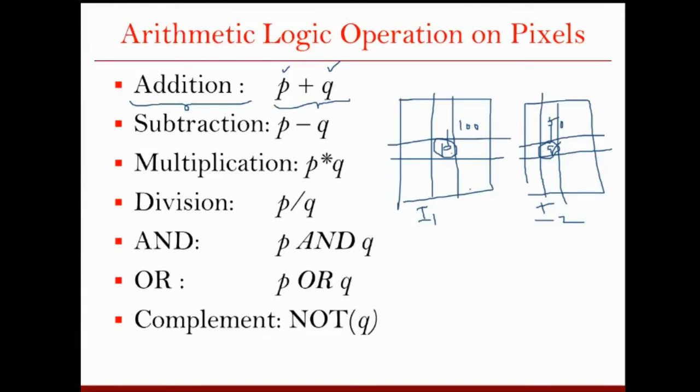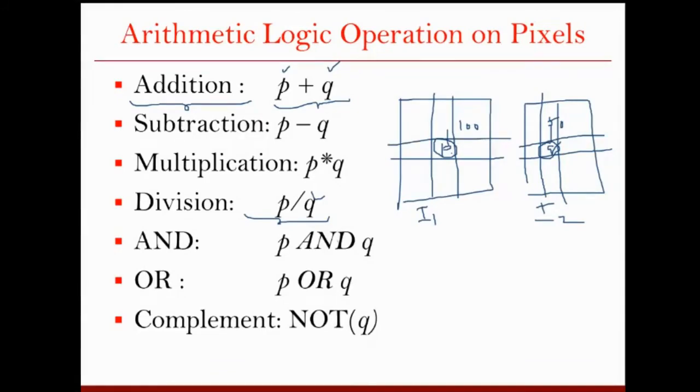Similarly, for the multiplication P into Q, whatever value you have for P and whatever value you have for Q, you just multiply them. And similarly for the division, take the value of P and the value of Q and just divide them. Obviously when you are dividing P by Q, Q should not be 0. If it is 0, then the division is not defined. So if you are implementing these operations, you should be careful and put a condition in your code, and whenever Q is 0, you should say that the value of division is not defined.